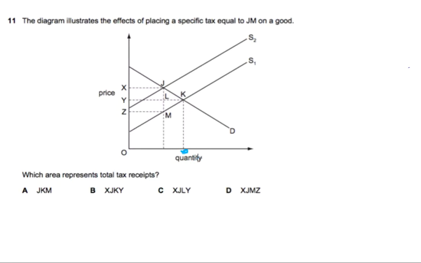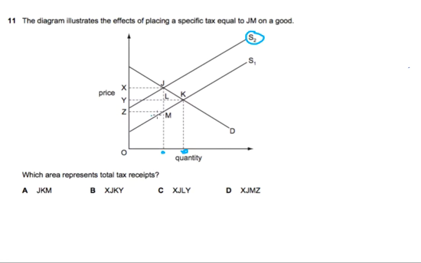But as a result of the tax, the supply curve now shifts leftwards, and now we are on this supply curve, which is S2. And so the new quantity being sold in this market is equal to this quantity right here. Now that we understand the new market equilibrium, let's look at how we calculate the total tax